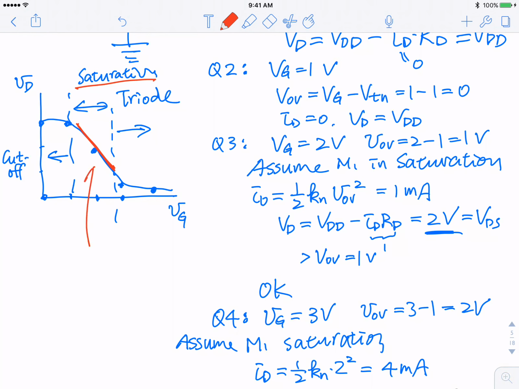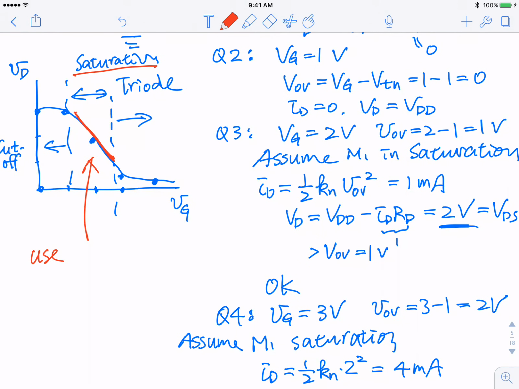So this is the regime where we will use this bias regime for an amplifier. Okay, if you want to design an amplifier, you want it to be in this regime. Now, you say, how do we know it is in this regime? Well, it is your responsibility as a designer to design it to be